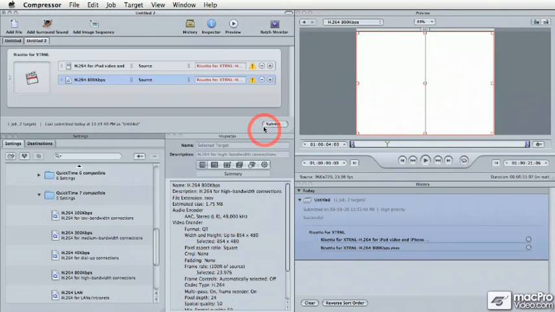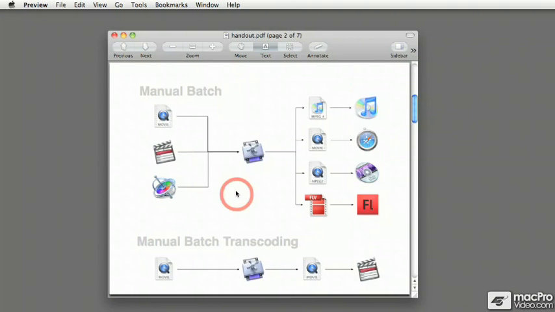As I mentioned before, Compressor is not just one application, it's rather a full system. And the nice thing about Compressor is that the system allows you to work in multiple different ways depending on how you work or what you need to do. I'll give you an example. Let me just switch over to a handout that I have over here,